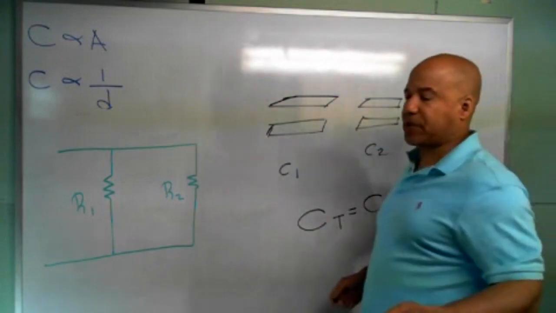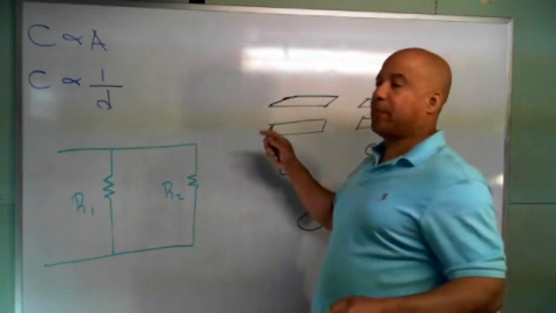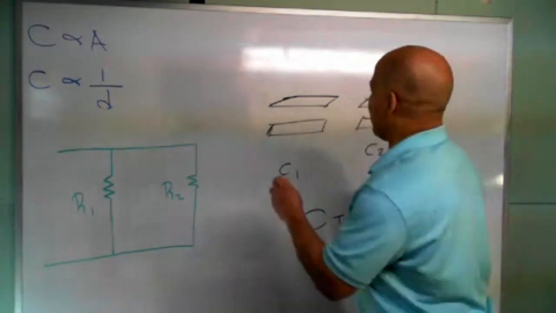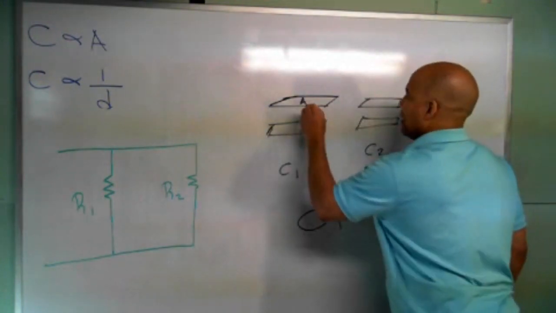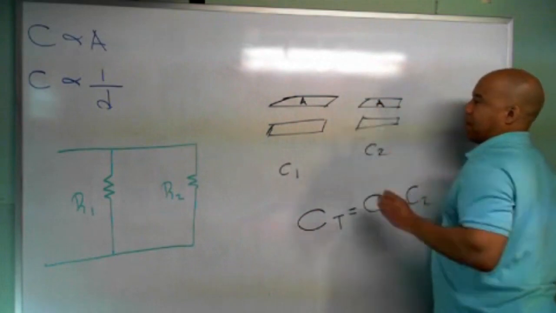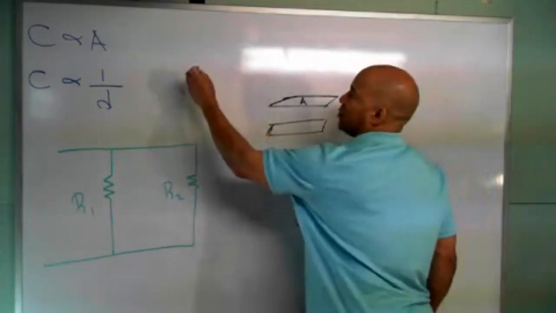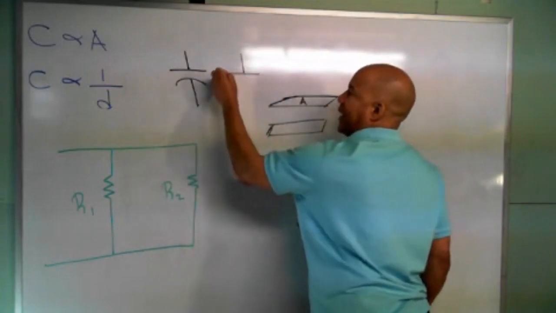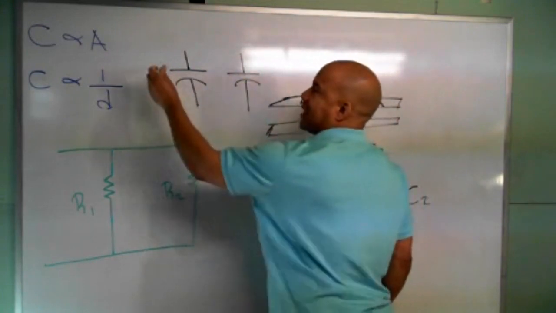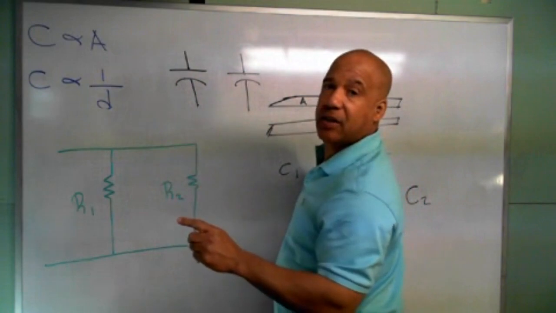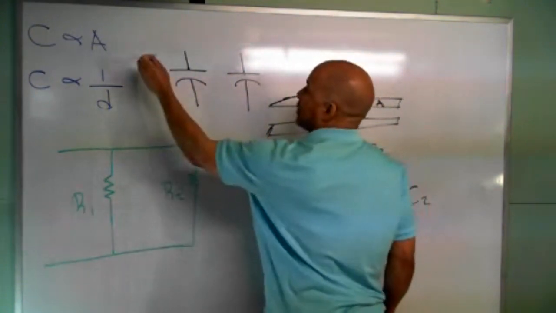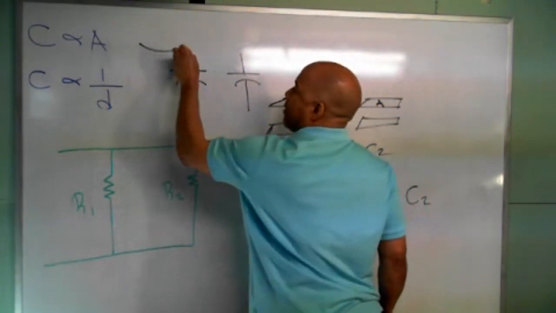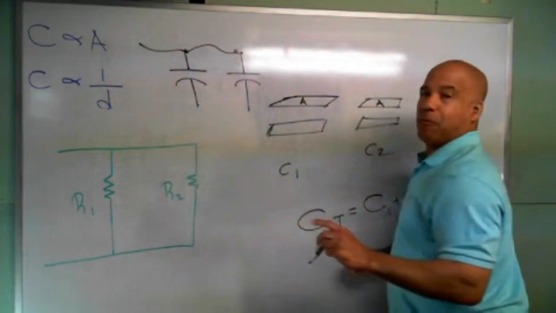Just for this example, we're going to assume they're exactly the same, so the area here and the area here are the same. When you take a wire to connect the top leads together so you get a parallel connection,